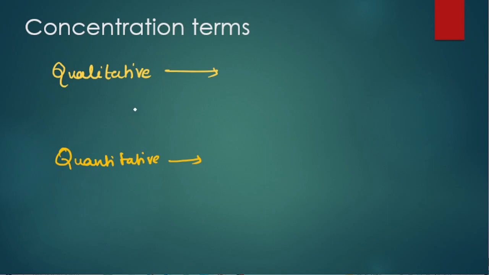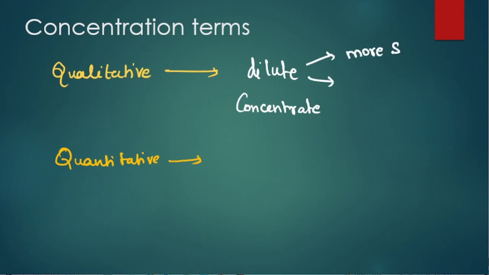Qualitative is nothing but the description about a solution. If you say the solution is dilute, or if you say the solution is concentrated, it comes under the qualitative description of the solution. What is the meaning of dilute? Dilute means you have more solvent and less solute. If your solution is going to be concentrated, then you are going to have less solvent